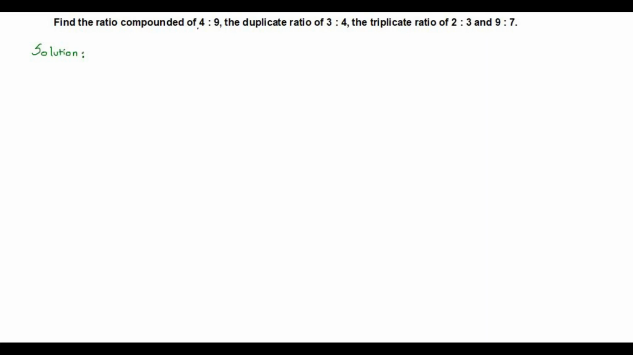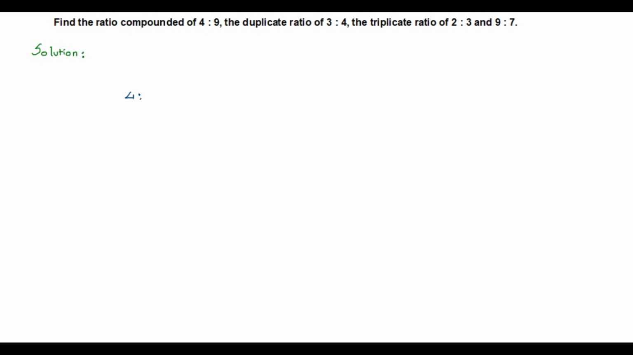Here we have a problem on ratio. Let's read the question. Find the ratio compounded of 4:9, the duplicate ratio of 3:4, the triplicate ratio of 2:3 and 9:7. Okay, we have to take this ratio 4:9 as it is,